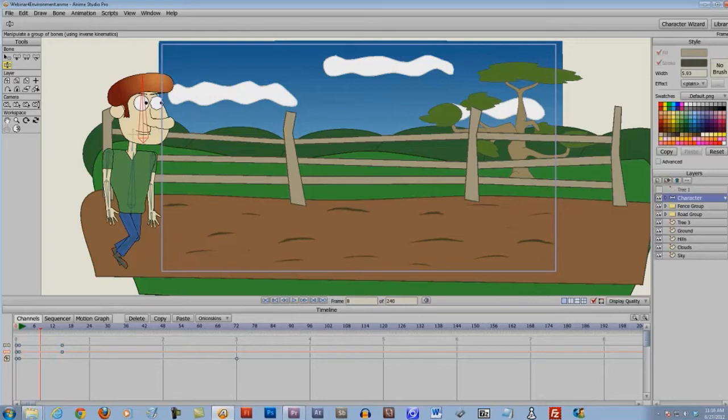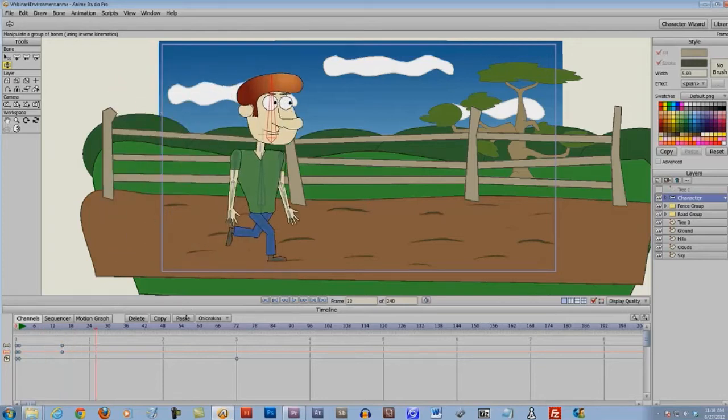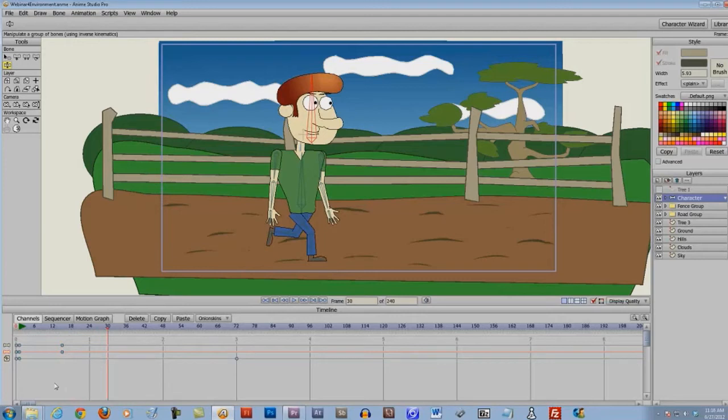So what we want to do is go to about frame 30 on our timeline. To easily complete this animation and ensure that the looping animation is not glitchy, we can click and drag to select frame 1's two bone keyframes. When you do this, the keyframes will highlight in red. Once you've done that, click the copy button,